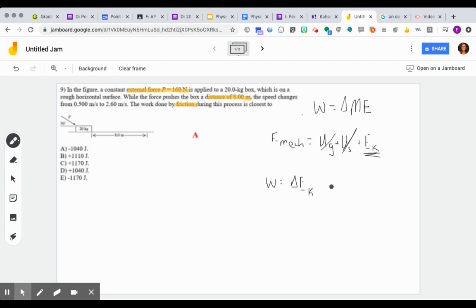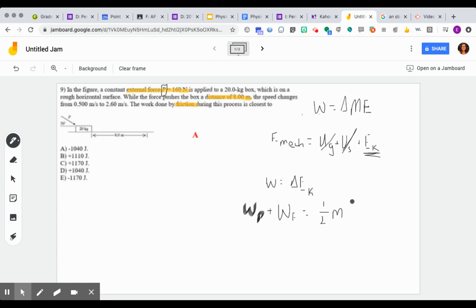The applied force. Okay. And the friction. Good. So the applied force is called P, so I'm going to put W sub P for the applied force. So work due to the applied force plus the work due to friction will equal the change in kinetic energy, which is